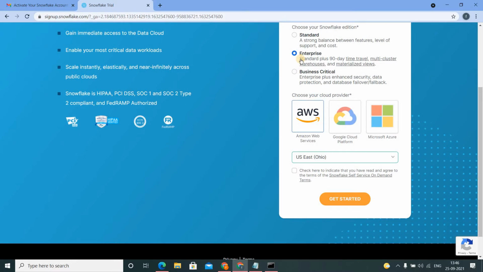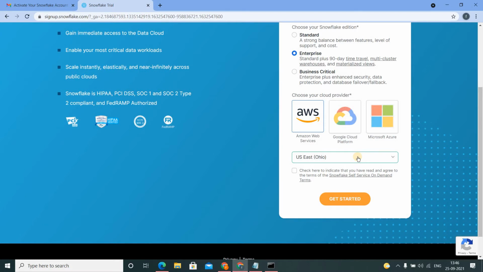If you already have an AWS account, check which region it belongs to. Select that particular region only, so that when you are practicing in the going forward classes, you will move the data and play with the data between your AWS account and this particular Snowflake.